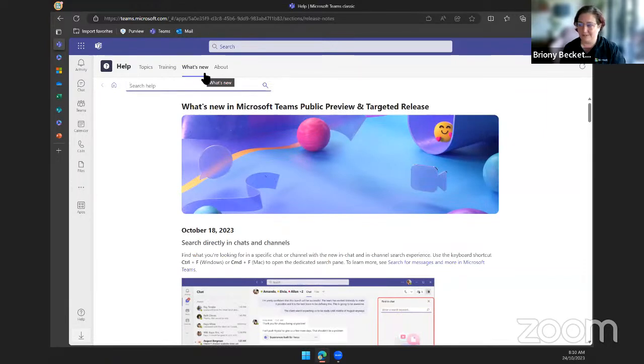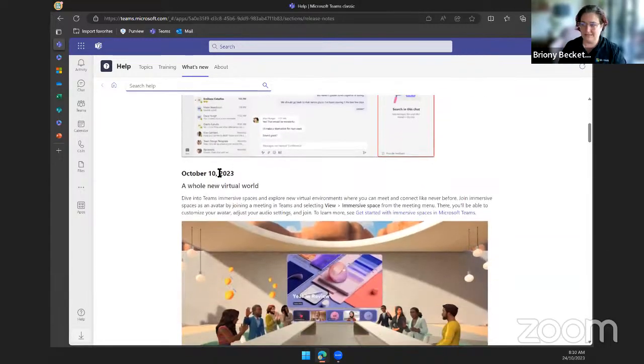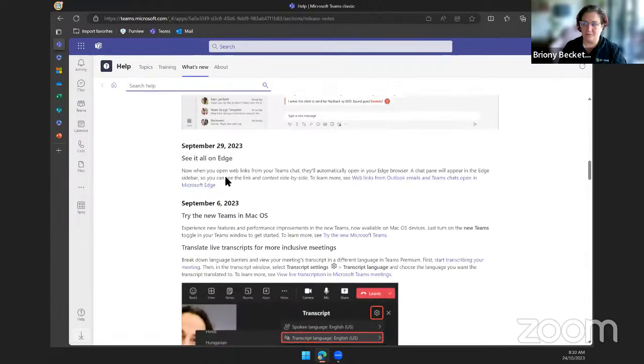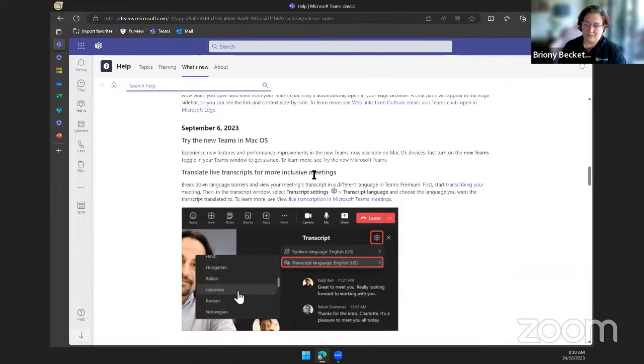So in this one, this is a demo environment, so I've got some preview features in here, but as you can see, October 18, here's an update. So there are weekly updates within this what's new, about new features, things you might not know about, because there's so many. I know for me anyway, we get so many newsletters, there's so many places to go and read things.